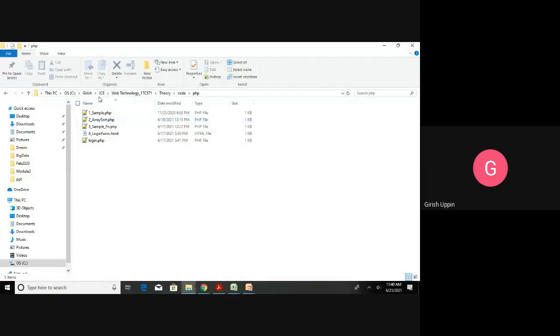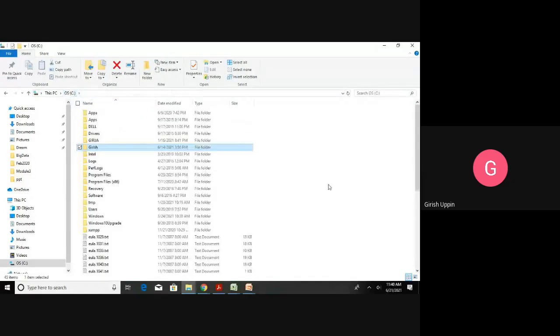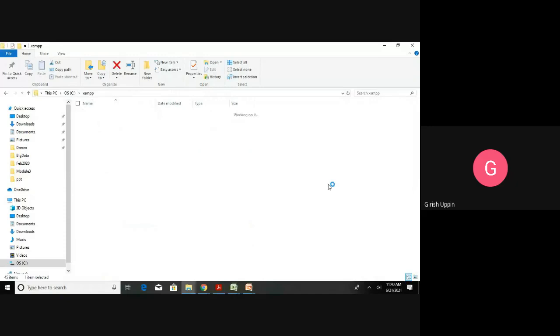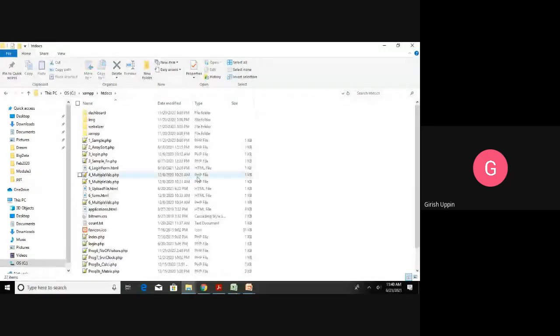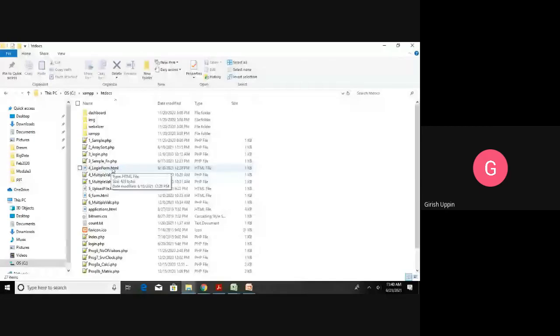I have created it directly in XAMPP, in htdocs. Last time we saw this login form, so let me open that login form. Let me start the Apache server.